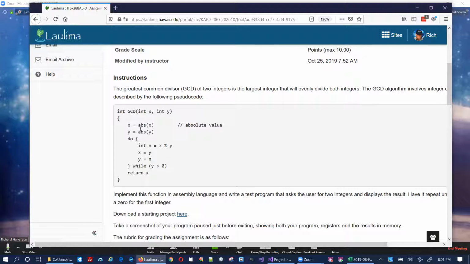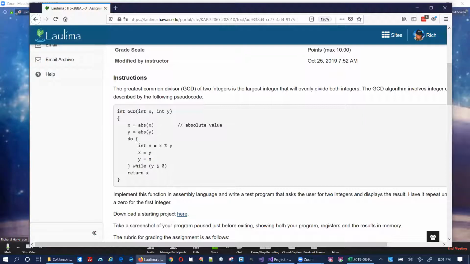And first it makes sure that their integers are positive, and then it proceeds to continually divide the x by y, taking the modulo operation, and then shifting the mod into y, shifting y into x, and it continues to loop until it finds